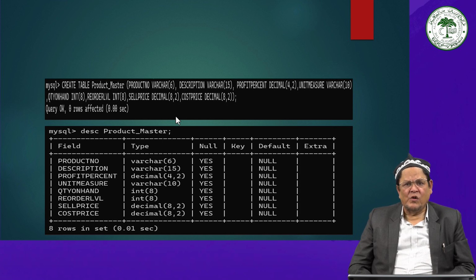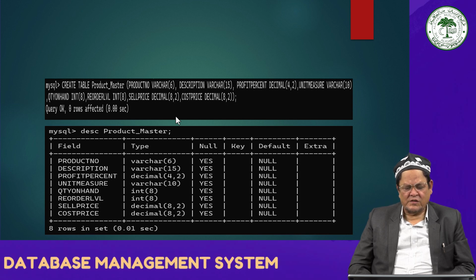I have already explained that you have to upload MySQL on your system. Then you have to write create table, the table name product master. Within brackets you have to write product number varchar 6, next column description varchar 15, profit percent decimal 4,2,